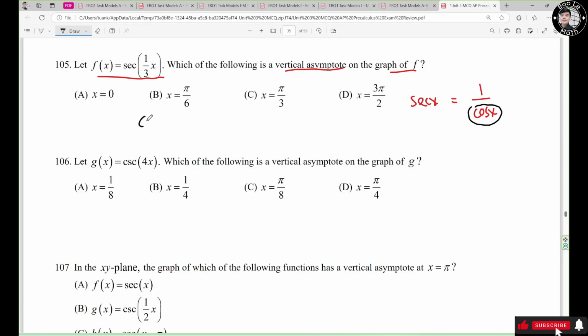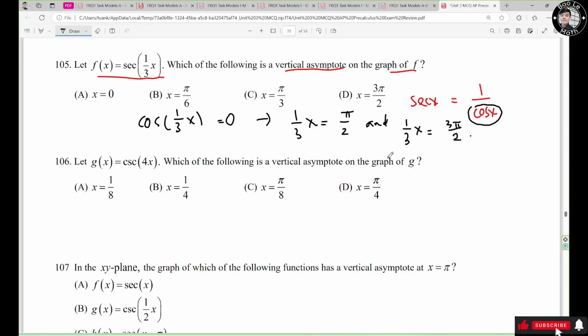So you have cosine of 1/3 s equals 0. Now, on the unit circle, you need to find the angle where cosine of 1/3 s equals 0. So you have 1/3 s equals pi over 2, and 1/3 s equals 3 pi over 2 within one cycle,